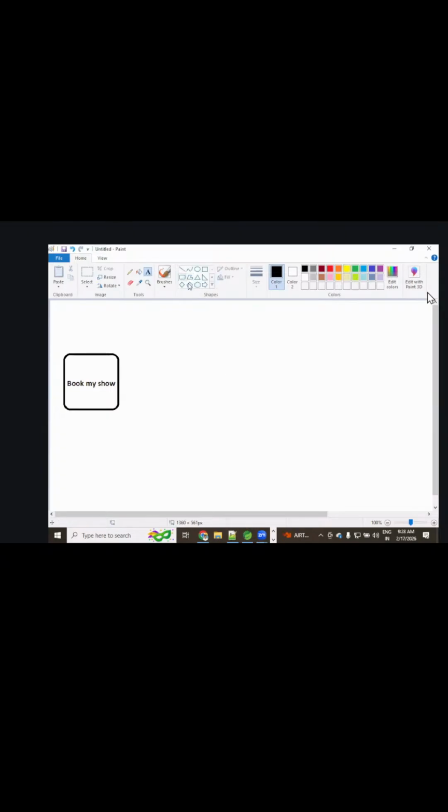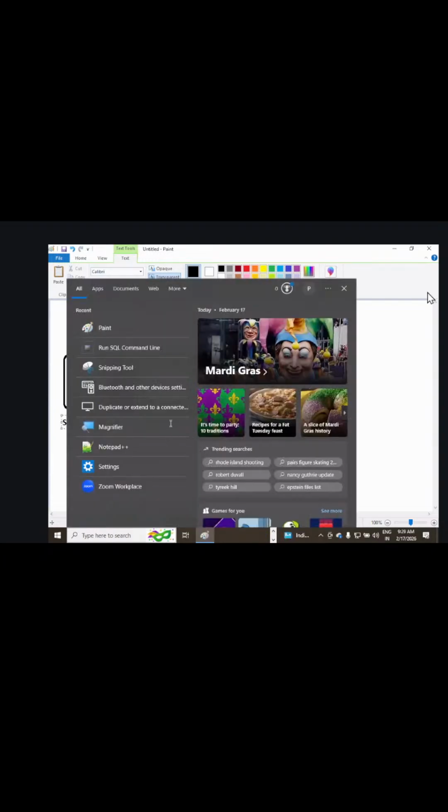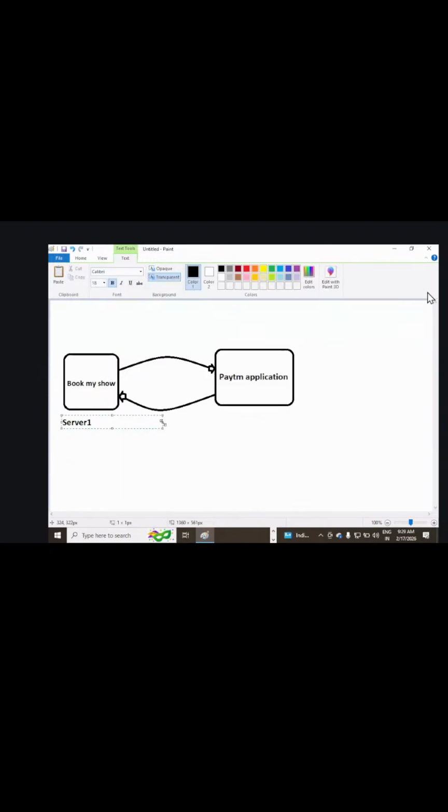It is going to communicate with the Paytm application, and that server is different. That is server 2.